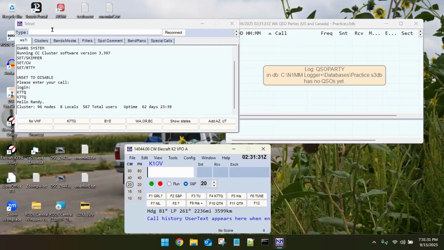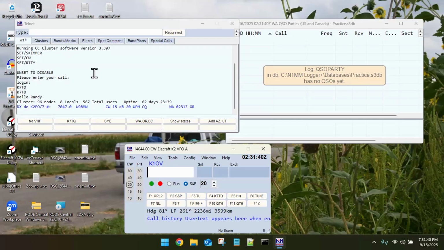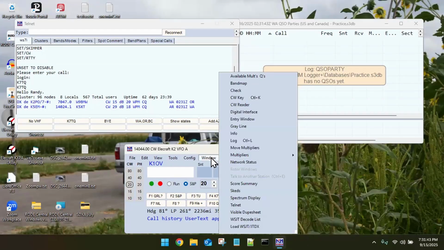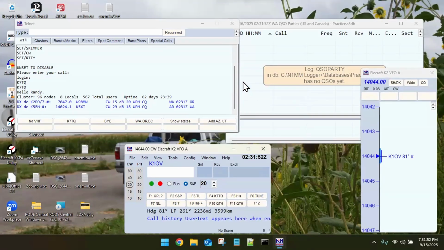And now it's waiting for spots to come. Because there's not much going on at 8 o'clock our time, there'll be a lot of CW spots, but there aren't any right now. Well, there's one. So next thing you do is go over here to the entry window and choose the window and open the band map. Right here it says